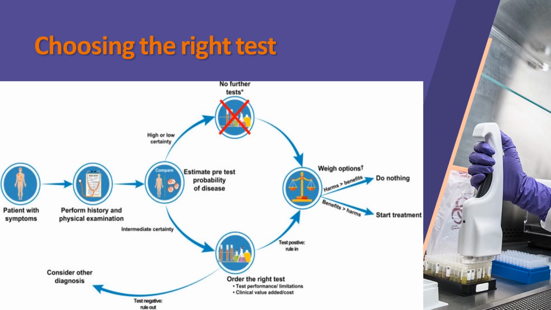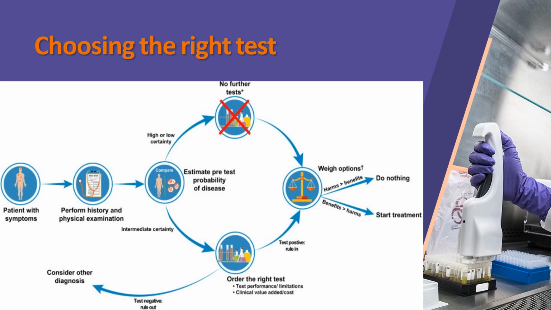Then choose the right test. The patient presents with clinical signs and symptoms. The clinician does the history and physical examination. Based on the examination, if it is a high or low certainty, then no further tests are done. But if there is an intermediate certainty, then order the right test, and when the test is positive, rule in